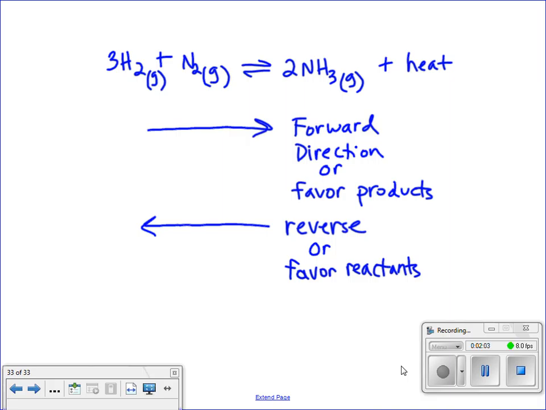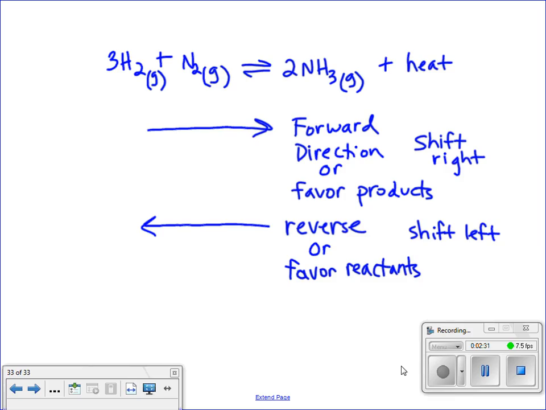So you could say equilibrium shifts to the right. That's another thing. This would be a shift right. And this is called a shift left. There's a lot of different terminology that goes along with equilibrium, but what equilibrium is, it is a